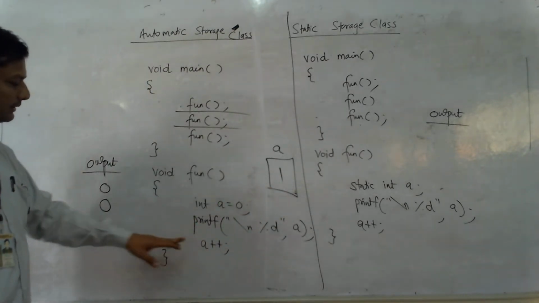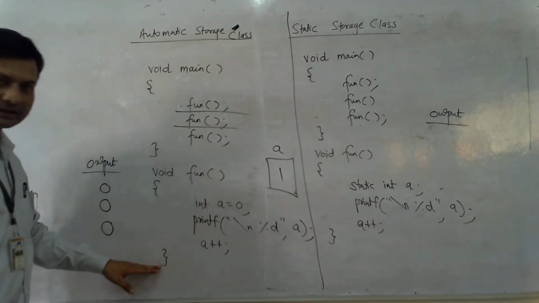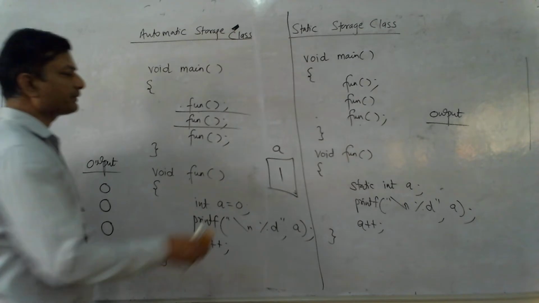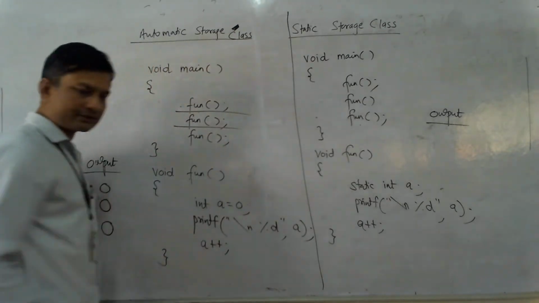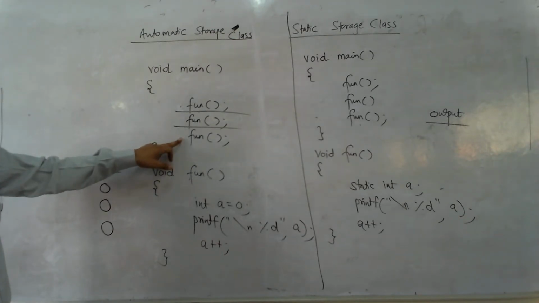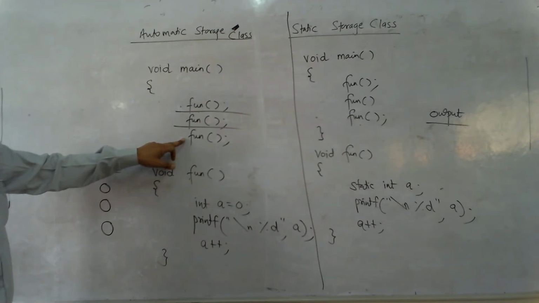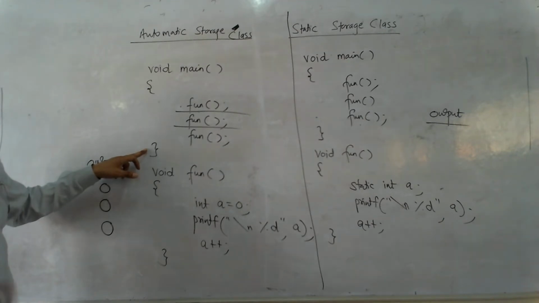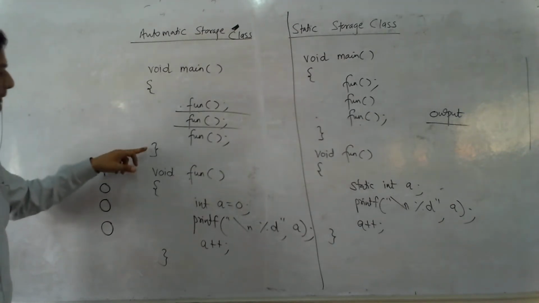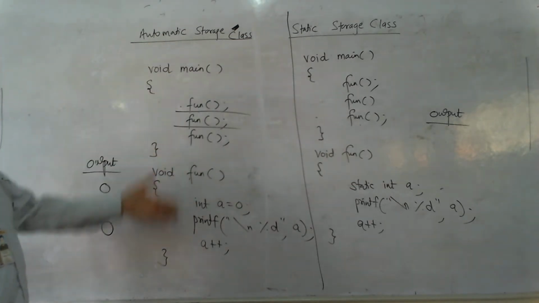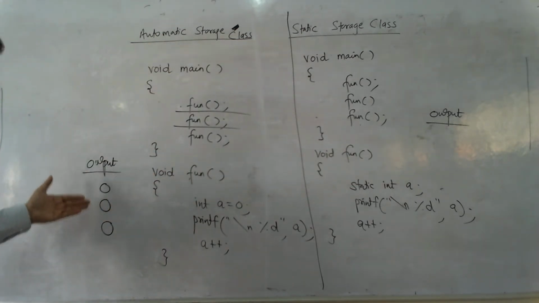So with this statement, this block terminates, and as soon as control comes out of this block, this variable will be erased. It returns back to the place from where it jumped in the third line. And after executing the third line, all the statements in the main block are executed and the main block is completed. With the completion of the main block, the program ends. So what is the output of this program? The output of this program is 0, 0, 0.